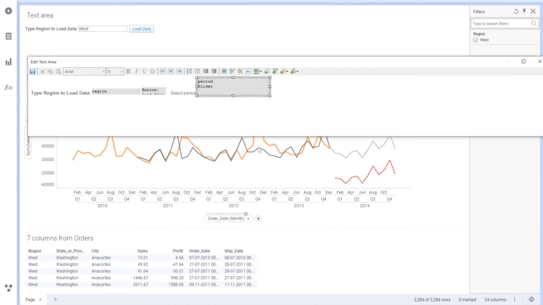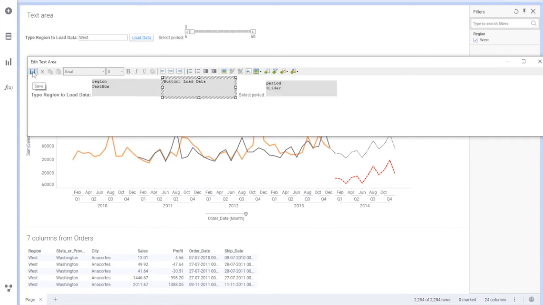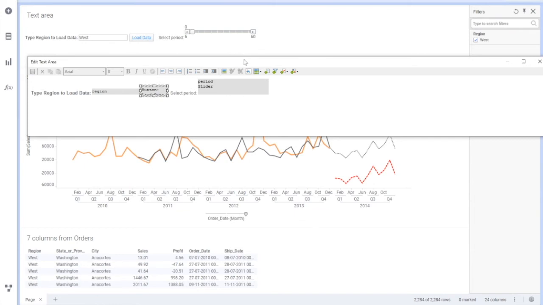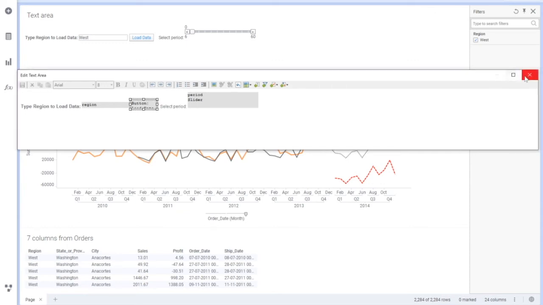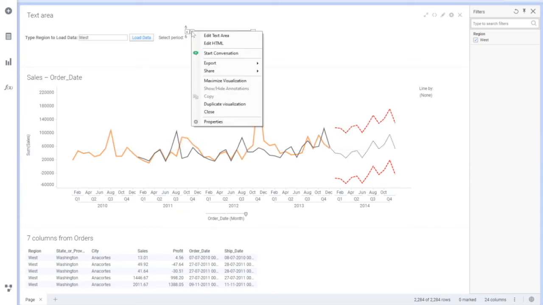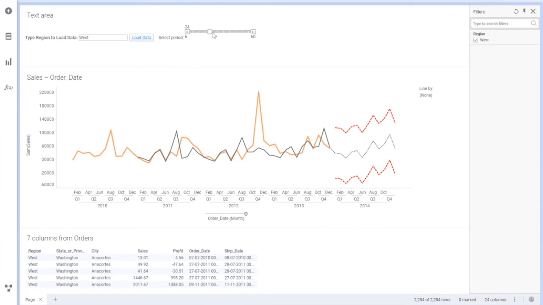Say okay. You can use this with columns also, so that you can do the column selection, sliders and all that, but that may not look good. So here you see you have this option. Here you have minimum as 6 and maximum is 60, which is nothing but 5 years. So here if I select this, you see you can get the slider, you can select the period, but nothing is happening in this chart.